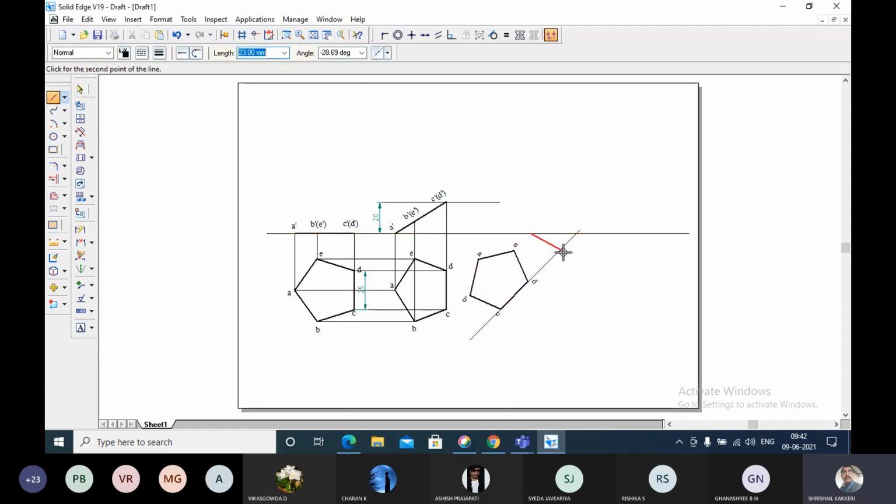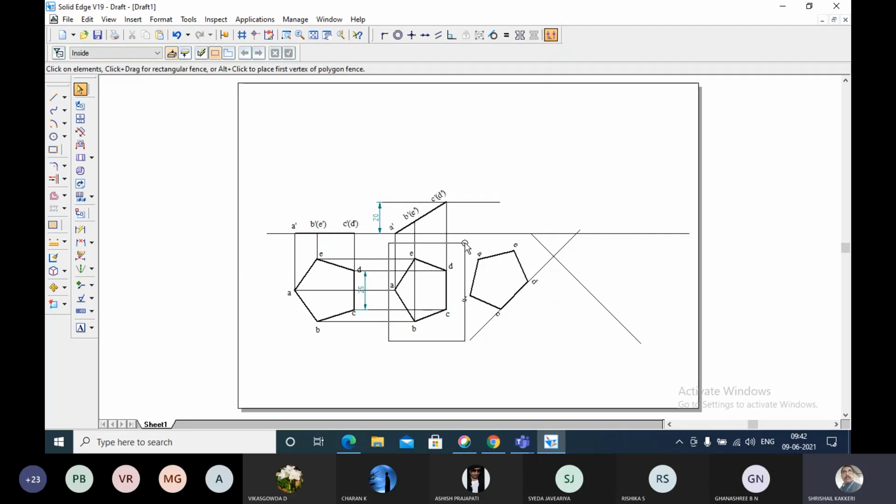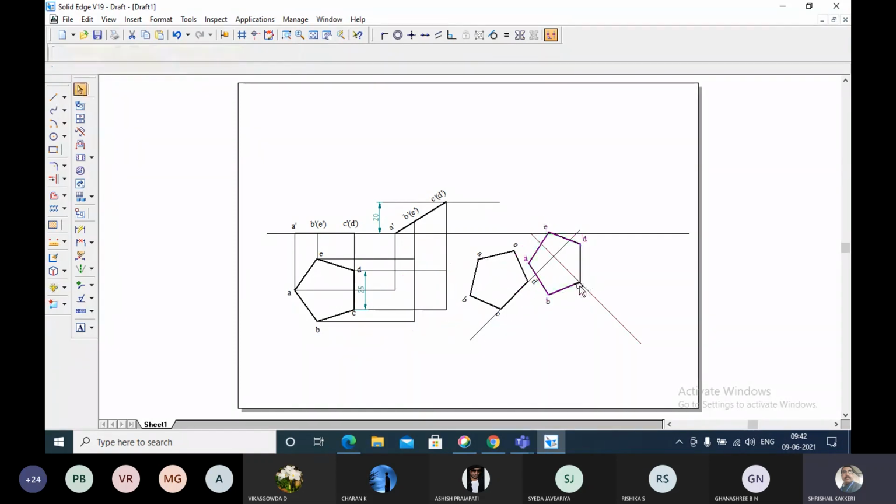I'm going to take a line, for example, this side. Okay, this side it is 45 degrees. Tab minus 45 degrees I'm going to take. Even this also can be taken. So here, look here, I'm going to copy this, and this corner I'm going to take. Okay, this corner I'm going to locate here. Sorry, I move this.